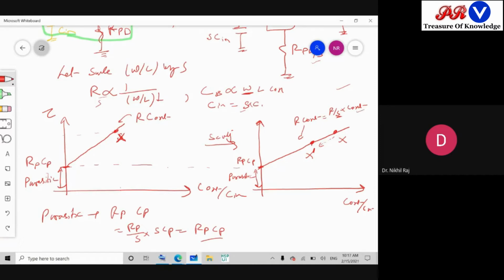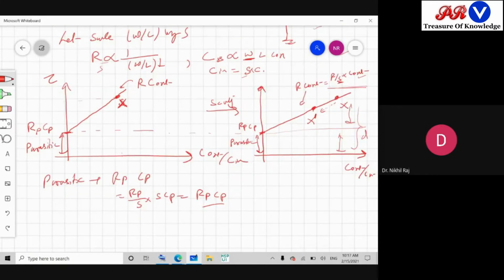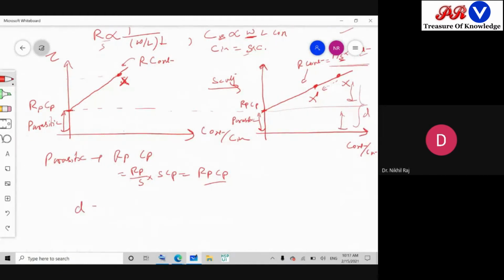And this factor gives me the electrical effort. Here it is measured electrical effort. This is the parasitic delay and this is the gate delay, a part of gate delay, and the total sum will be the delay of the gate. So we can define D equals F plus P, where P is your parasitic that we have seen, it will always be the same, and F, if you recall, was your effort delay.